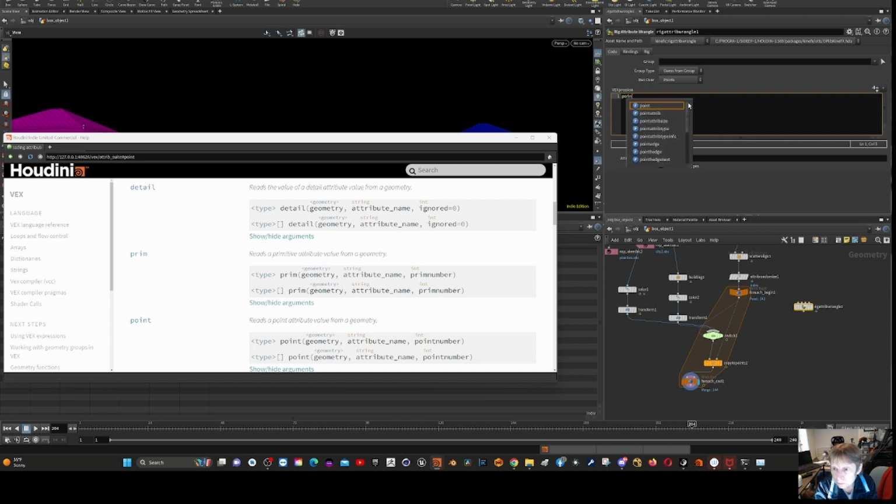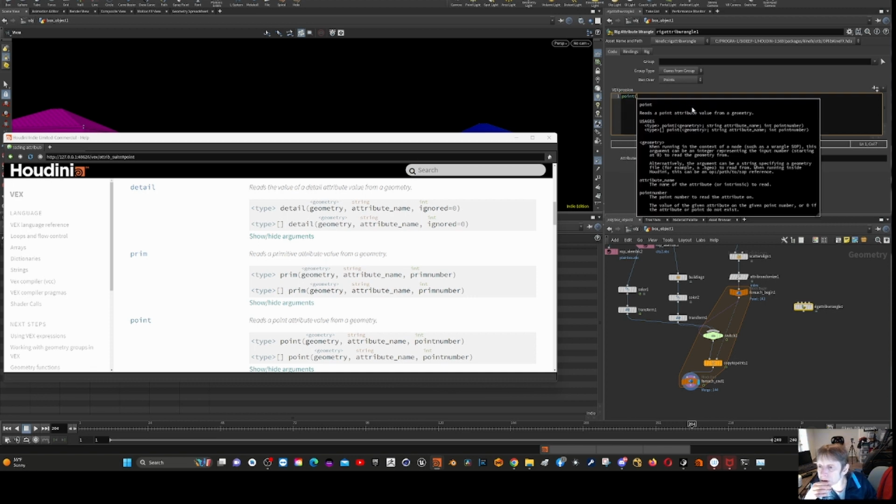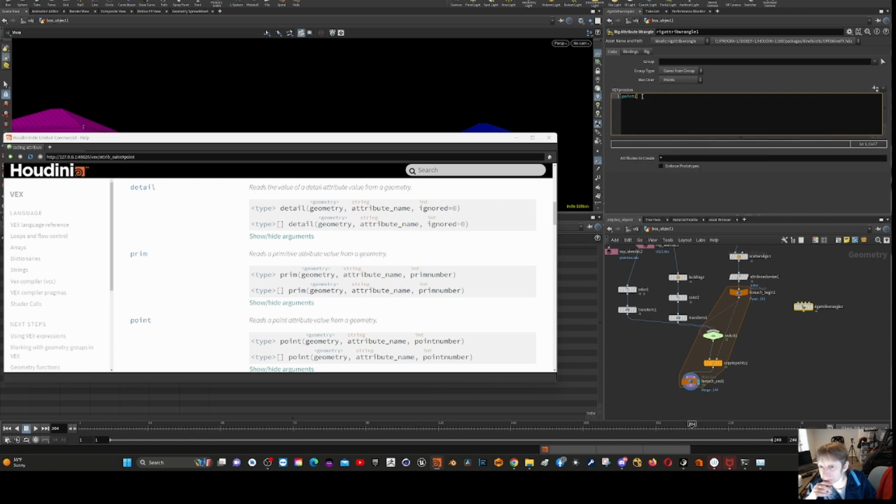And then you can see the file, point number, and the point number to read the attribute on. But we had, was it 0, 0, 0, something like 0, -1, index 0, and